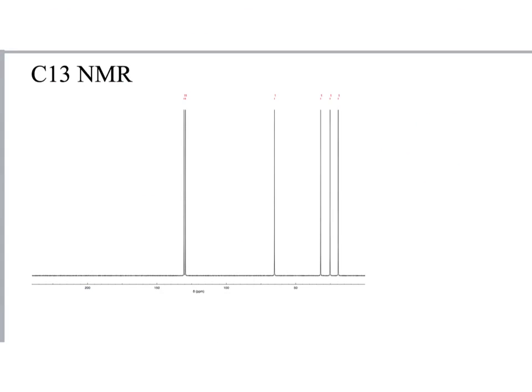Now looking at carbon-13 NMR for our molecular formula C6H10O, we can identify 6 different peaks, meaning that there are 6 different carbon environments for this molecule, so no symmetry for our compound. The first 2 peaks that we can see here symbolize the presence of a double bond between